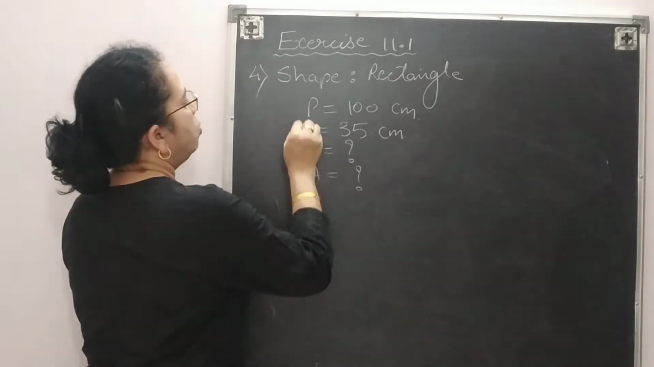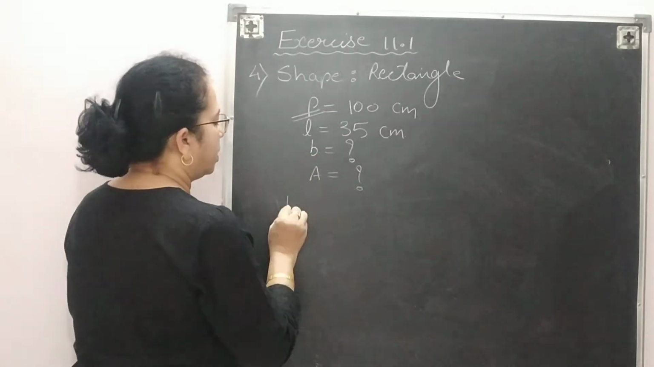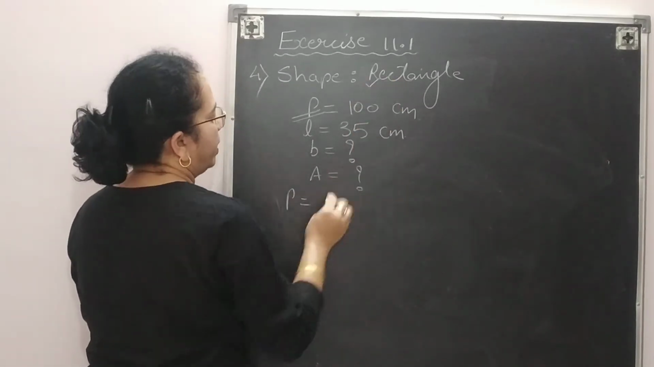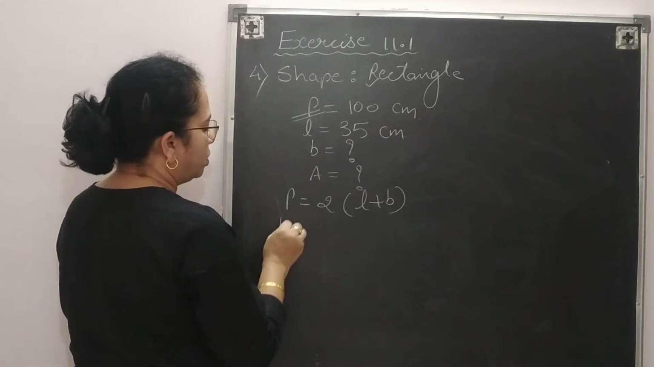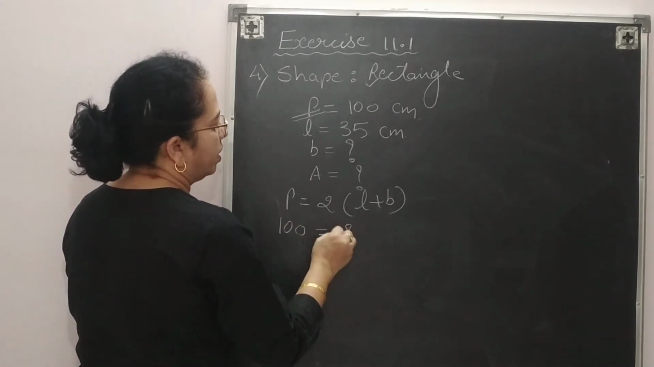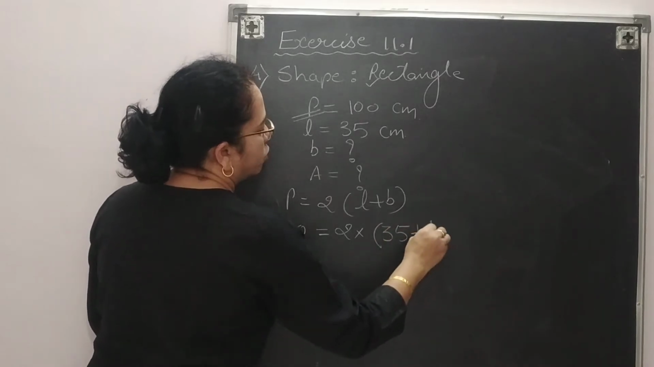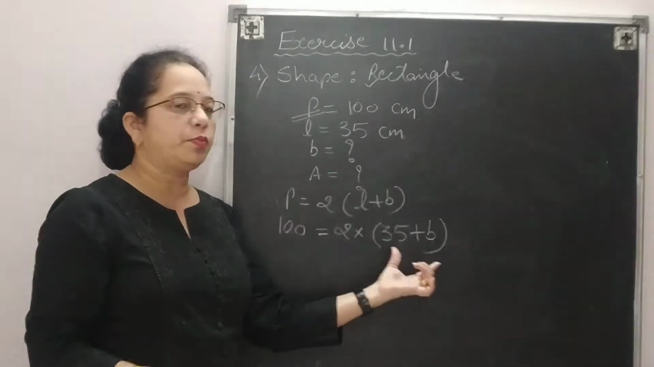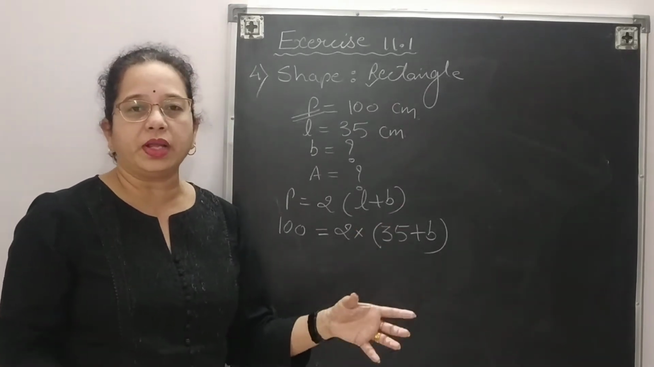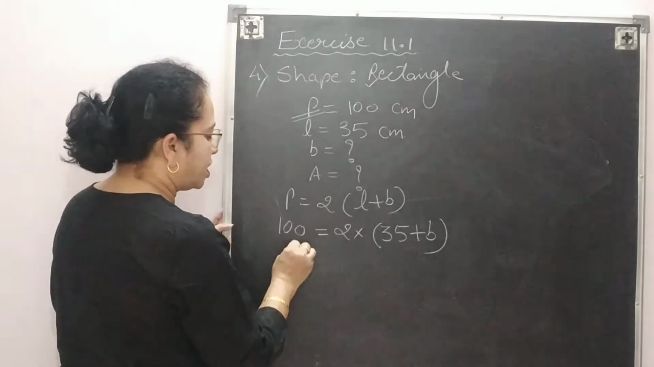So again, value of perimeter is given. So we will start with the formula of perimeter. So perimeter of a rectangle, 2 in bracket L plus B. Substitute the values. Perimeter is given 100. L is given 35 and breadth you are supposed to find. Two ways are there. You can just open this bracket. You can use distributive property, or another way, since this number is divisible by 2, next step you can write